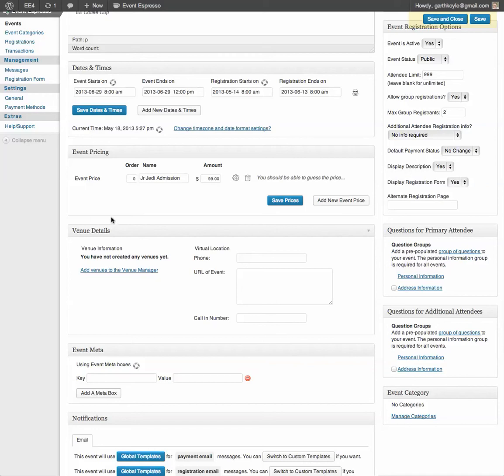I'm not sure if this is working correctly, so let me try to show what I'm doing. Here I've got the additional attendees, no information is required. Down here, questions for the primary attendee should be just asking for personal information. And questions for the additional attendee, the question groups should only be asking for, well, it says the personal information,